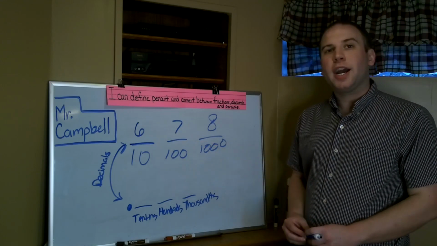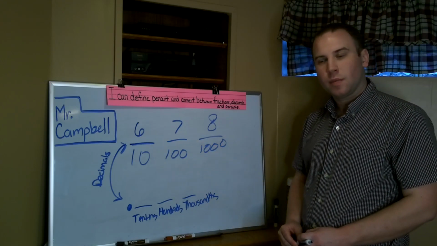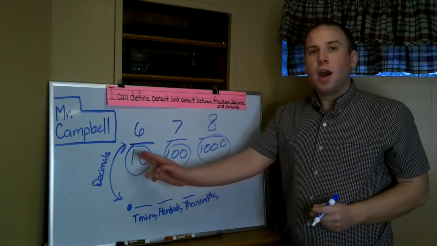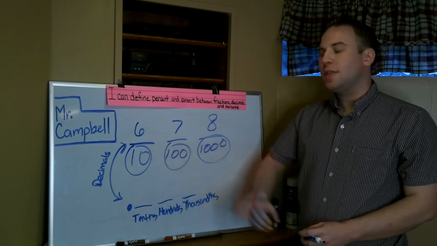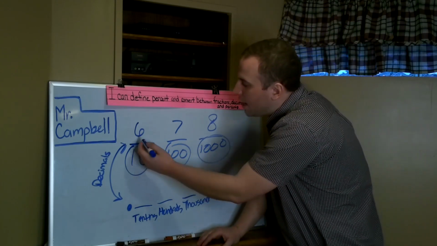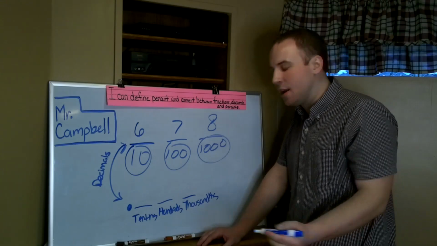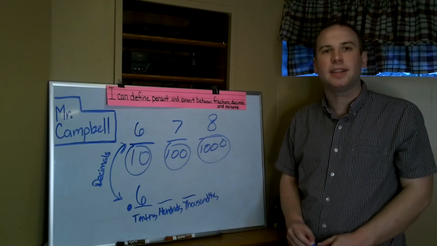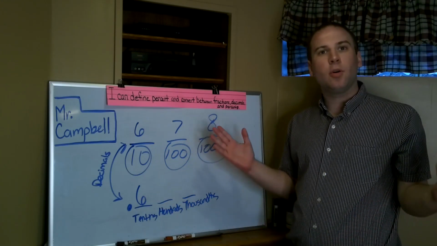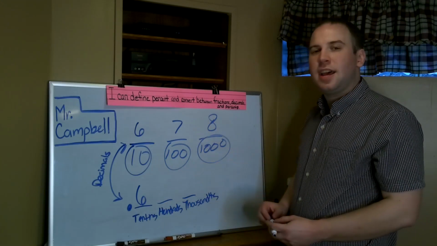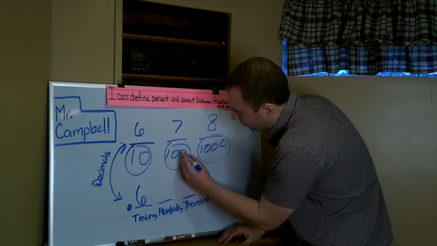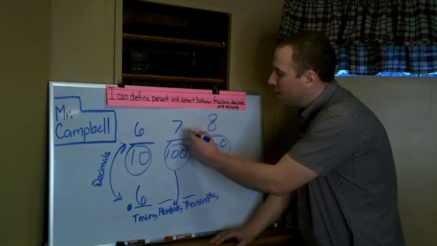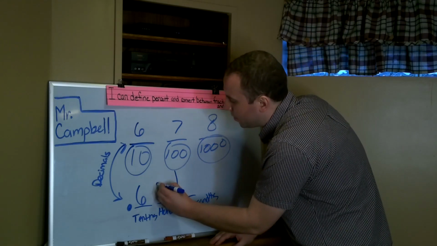So when you have a fraction like 6 over 10, you want to pay attention to the denominator. Now, for 6 over 10, if I were to convert that into a decimal, I would take my place value here of 10, and I would take 6 and put it into the tenths place. So my answer from 6 tenths would be 0.6 for my decimal. If I had 7 over 100, again, looking at our place value, 7 over 100 as a decimal would be